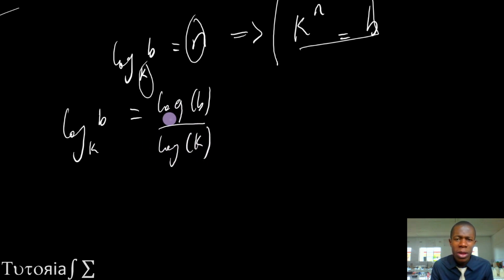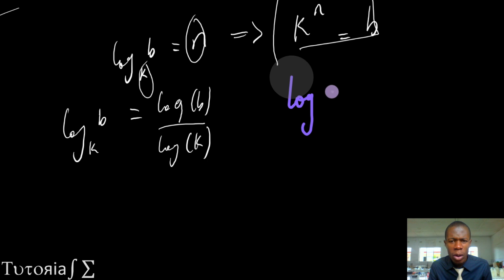Now this is actually coming from the fact that if you have log of b to base k equal to n, let me start from here, this can be converted to